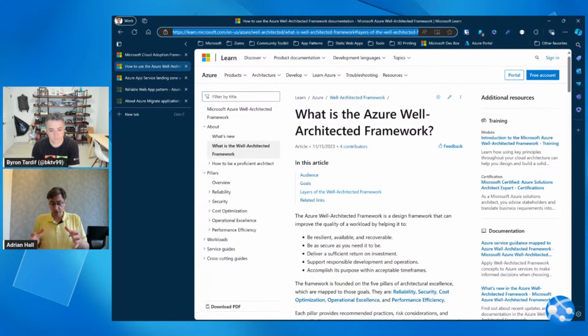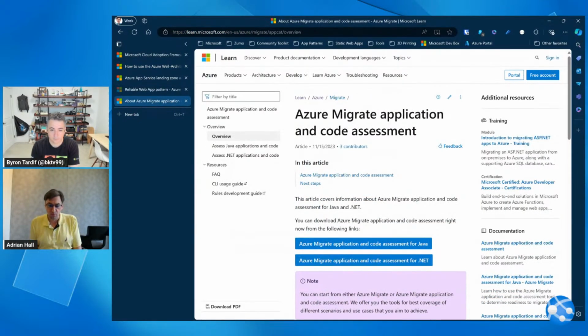So how do we use those? Remember those three buckets that I said? Well, the first one was, what do I have to do to my application, to the actual code, to make it run well? So we have a thing we call AppCAT, which stands for Application Code Assessment Tool. You can get to it at aka.ms/AppCAT. It's available for .NET and Java. The .NET one runs inside of Visual Studio. The Java one runs as a command line tool. And what it will output for you